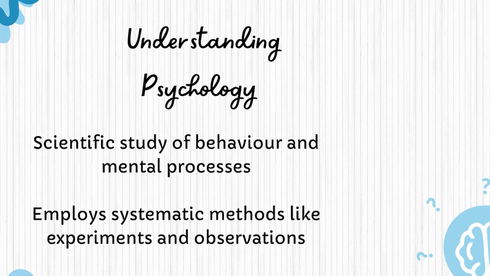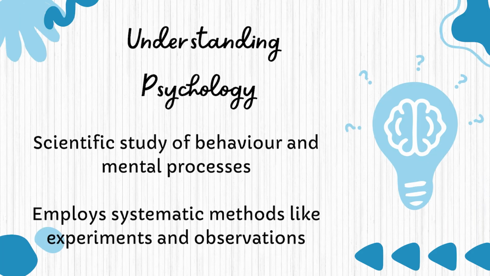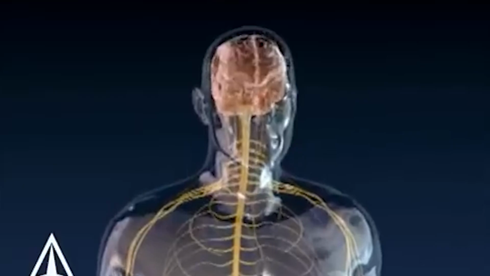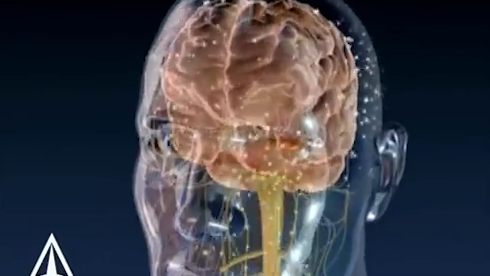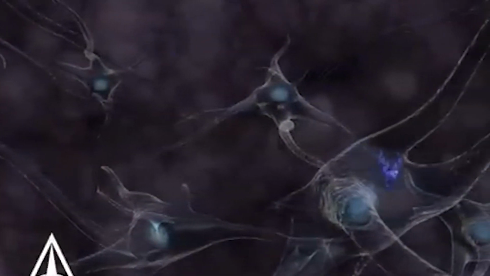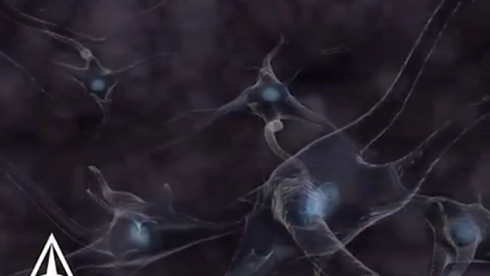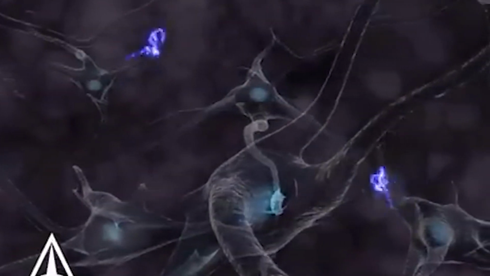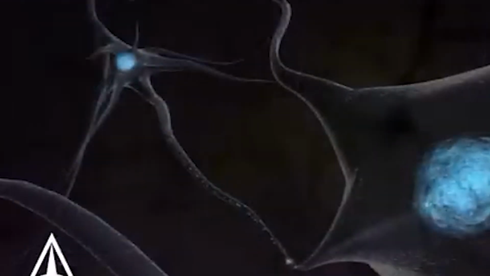Psychologists want to understand why people behave the way they do. They believe that if we can discover the cause of behaviors, we may be able to change negative behaviors, helping individuals and the broader society. There is no single universally acknowledged definition of psychology. The common definition is that psychology is a scientific study of behavior and mental process.